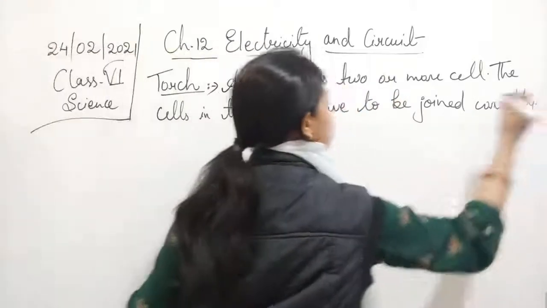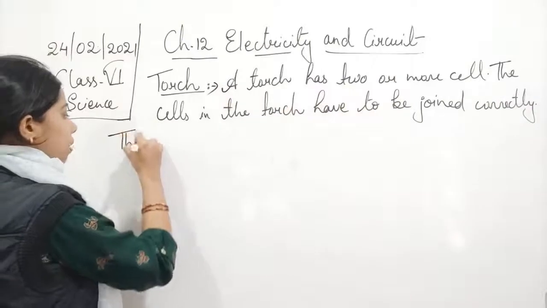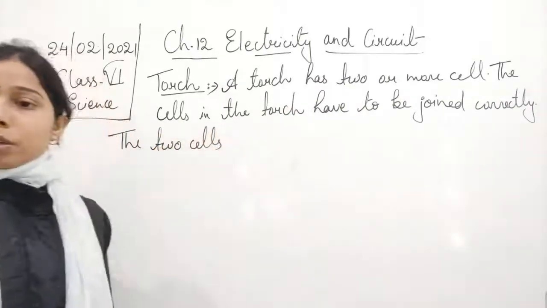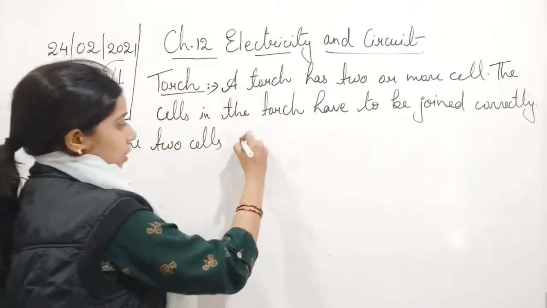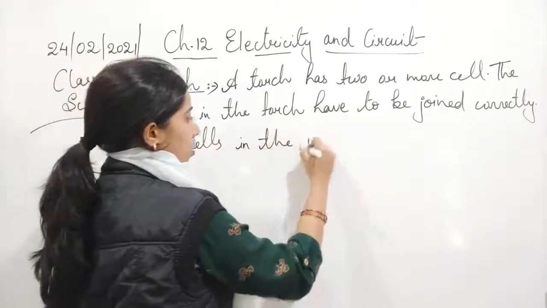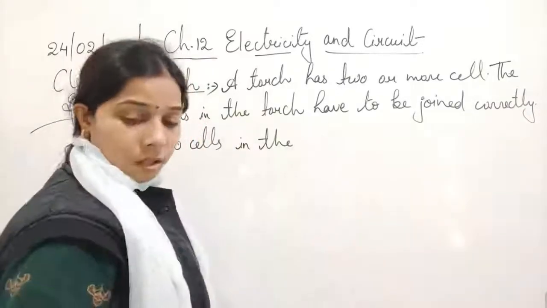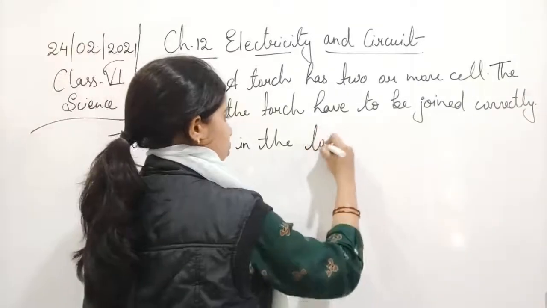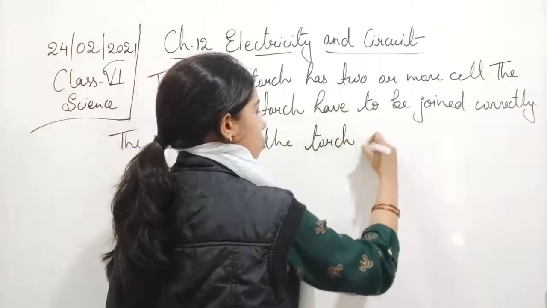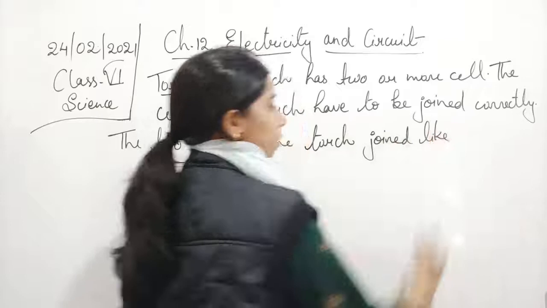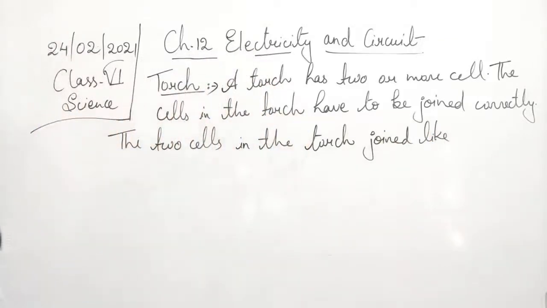How? The 2 cells in the torch should be joined like this: